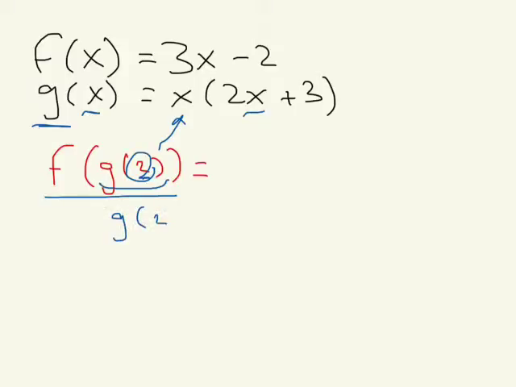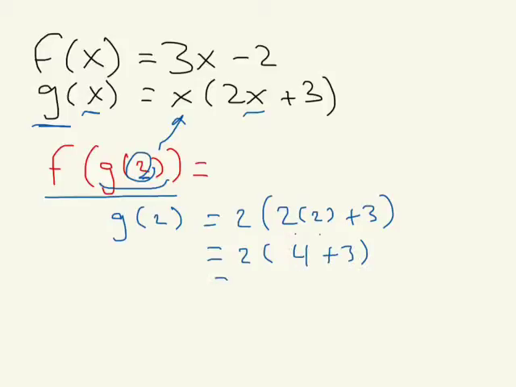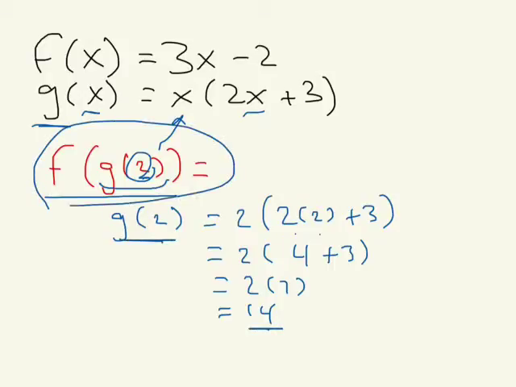So we get g of 2 is equal to 2 times the quantity 2 plus 3, close parentheses. We're going to use our order of operations here. So inside the parentheses first, 2 times 2 is going to give me 4 plus 3. That's going to equal 2 times 7. That's going to equal 14. So we know that 14 is g of 2, which means we can rewrite this whole thing as